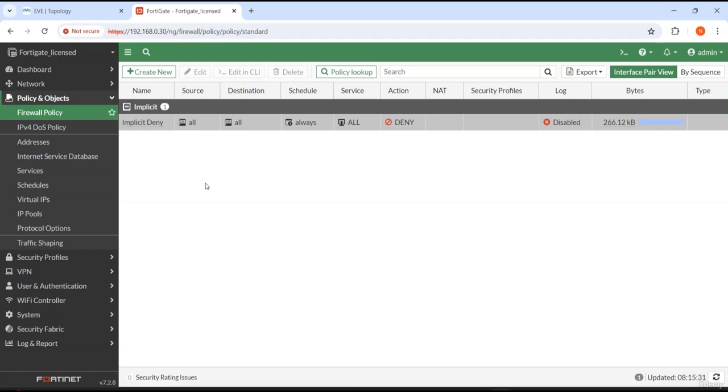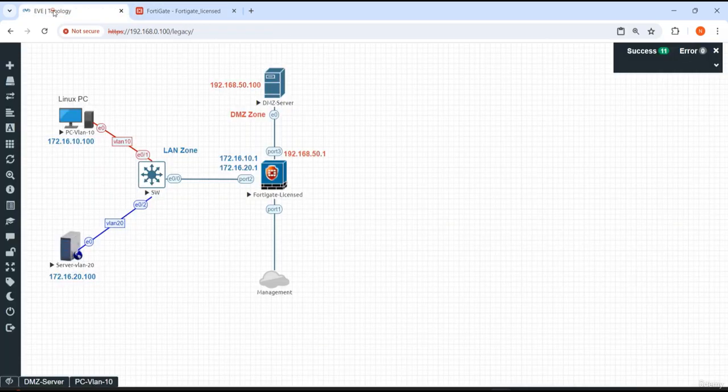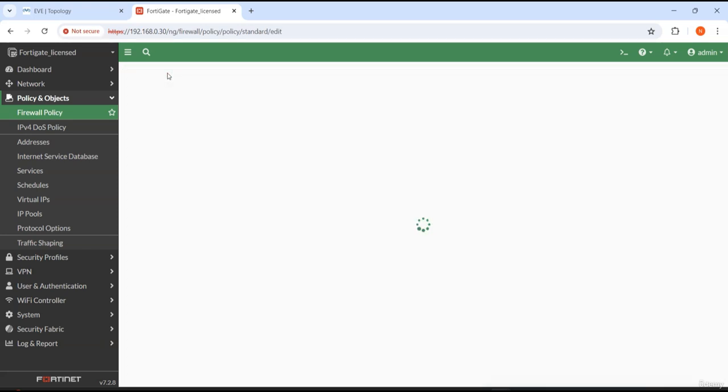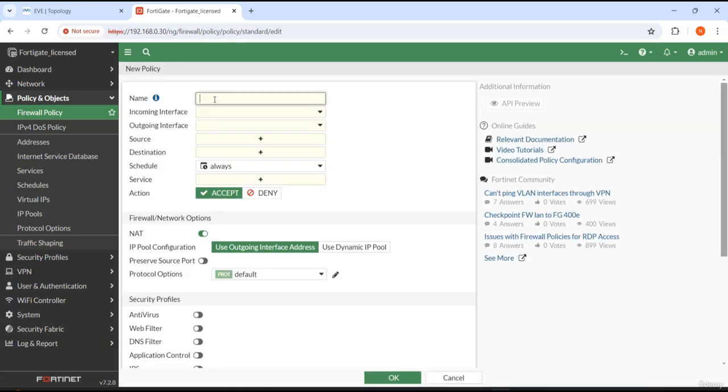This is just an overview, a basic understanding of the security policy, just to see how to configure basic firewall rules. We'll be discussing more in detail in the upcoming videos. So I'll go ahead and create a new firewall policy with the Create New option here. We need to give it any name. Maybe I'll just put VLAN 10 to